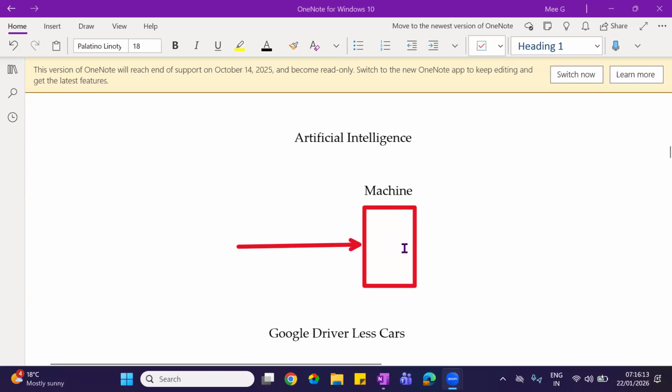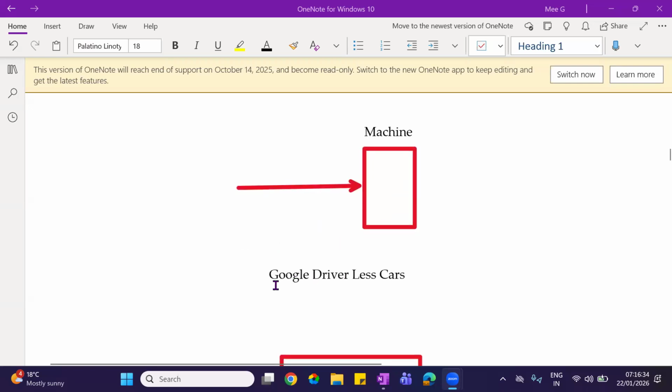Whatever task requires human intelligence, we will pass that intelligence into the machines, and the machines will become intelligent and start performing the task like humans. An example is driverless cars.